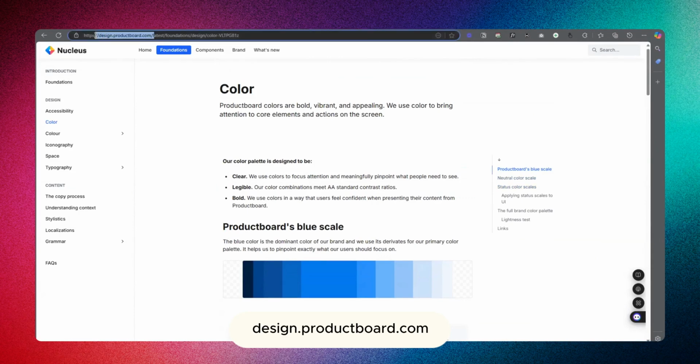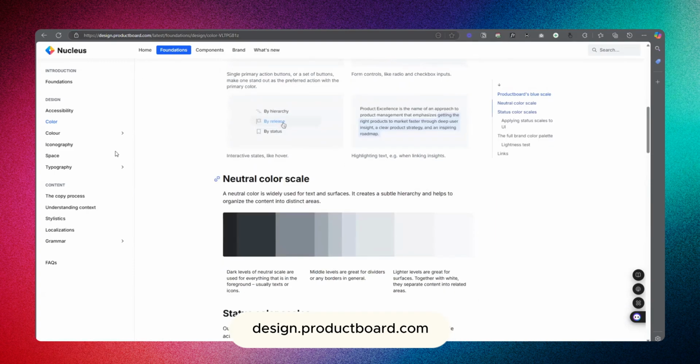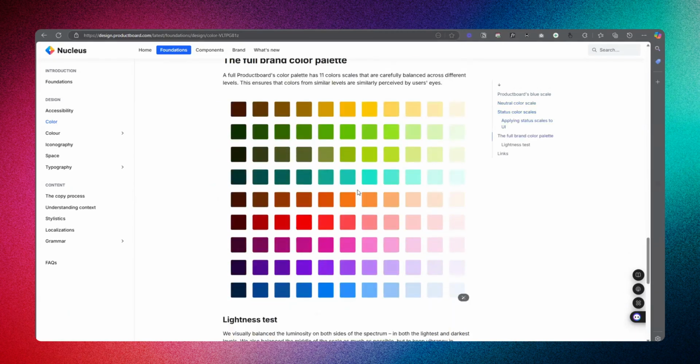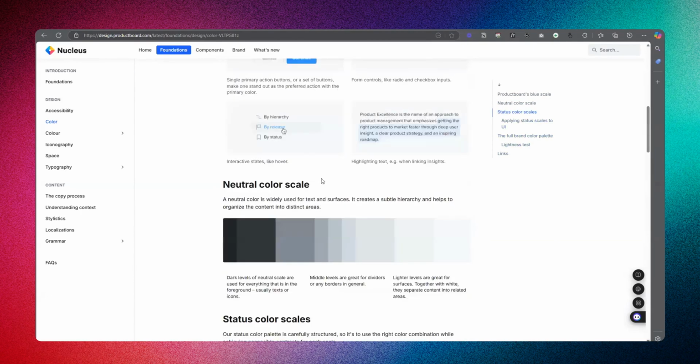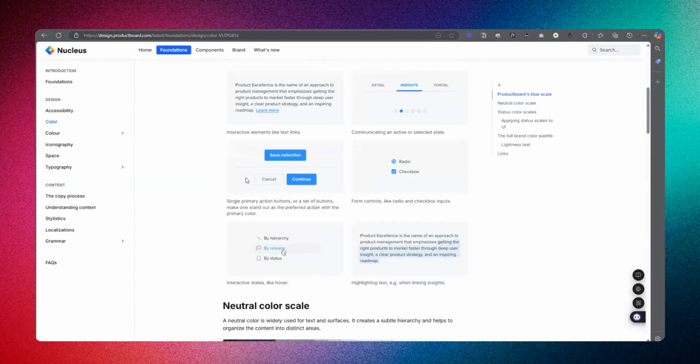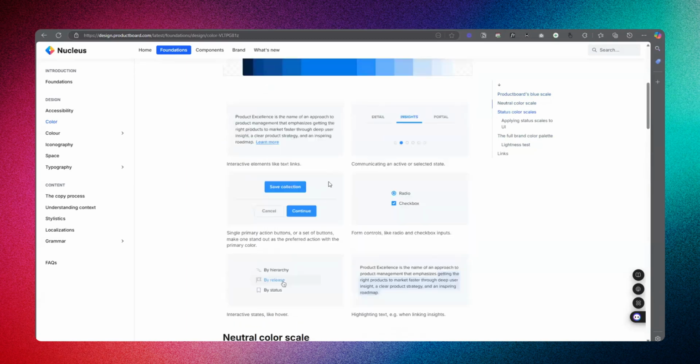So the name of their design system is ProductBoard, design.productboard.com by Nucleus. If you come to the landing page, just go to foundations. Let's say I want to document the colors I use for my project. I can just come here and see how they've been able to explain a lot of things,